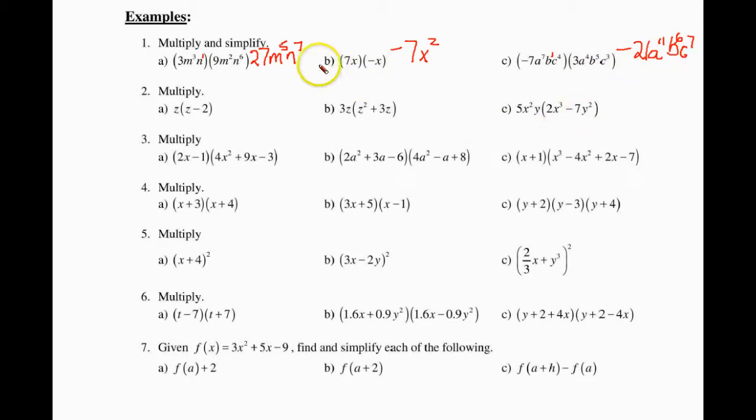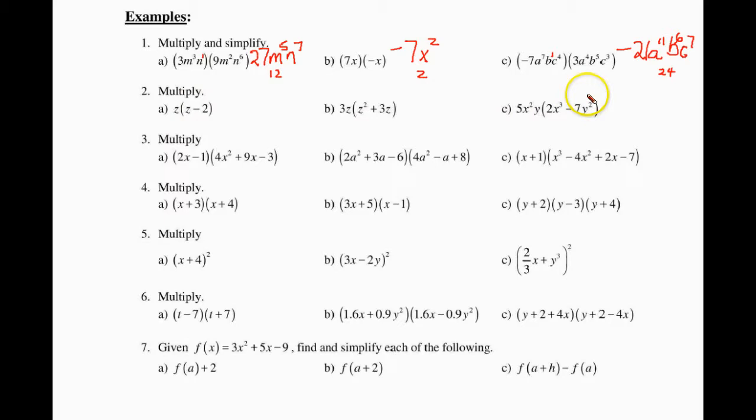Now let's just go over what's the degree of this monomial. Well, it would be the sum of these exponents. So the degree would be 12. Here it's 2. Here it's 17 and 7, 24. Just a little review. Now in example 2, what we're going to look at is multiplying a binomial by a